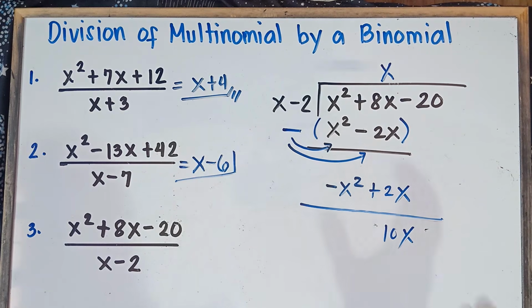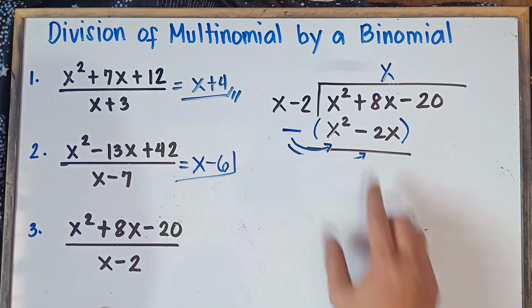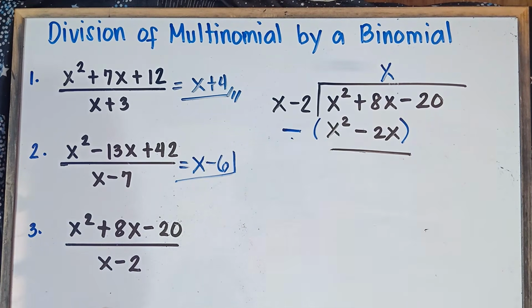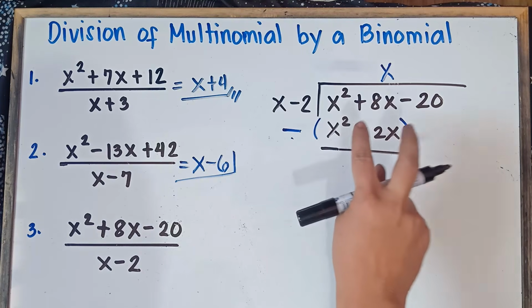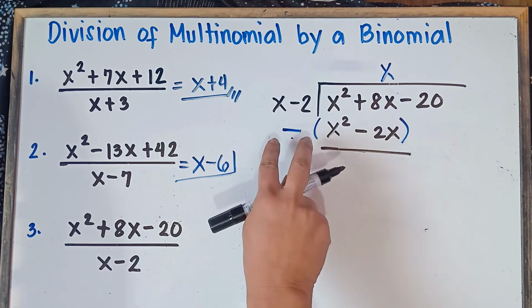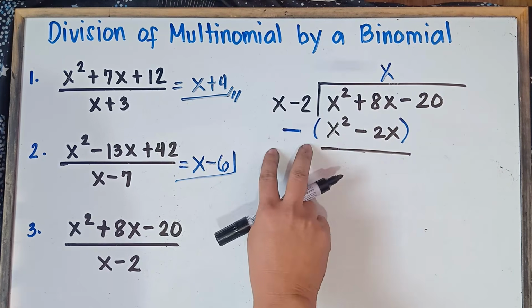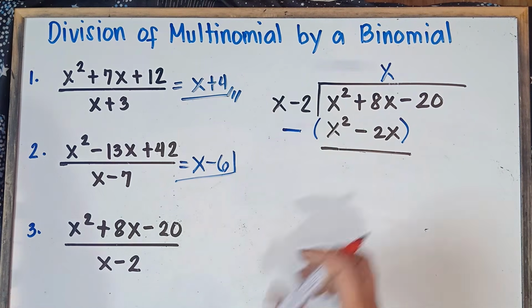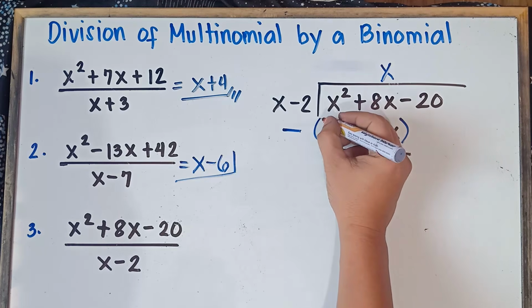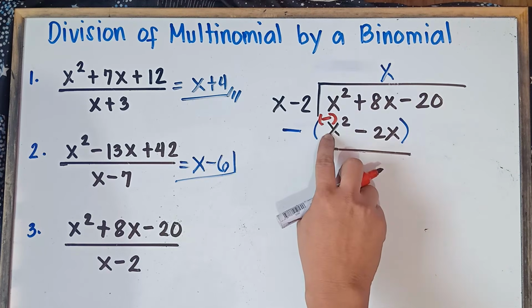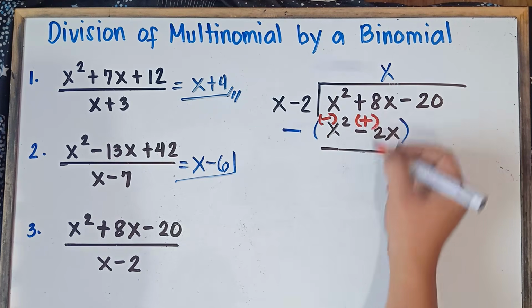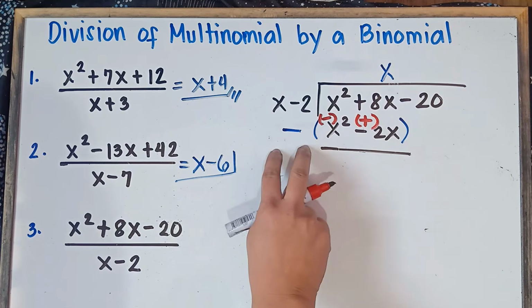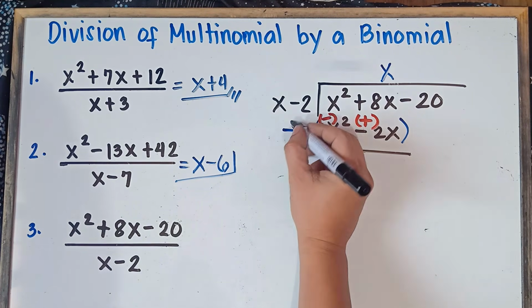But once again, class, it can be quite confusing. That's why, if you have this one, just recall that when you subtract, you change the sign of the subtrahend. This is our subtrahend. You change its sign, and then you proceed to addition. Instead of minus, we proceed to addition. So this positive x squared will become negative x squared. This negative 2x will become positive 2x. This minus sign will become a plus sign.